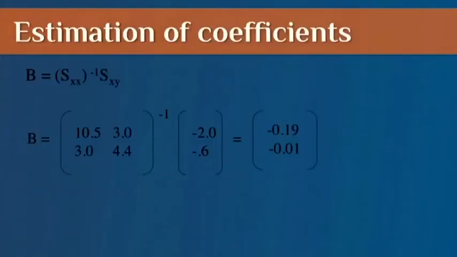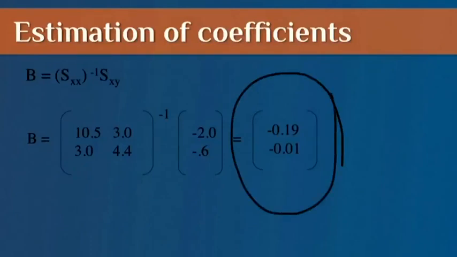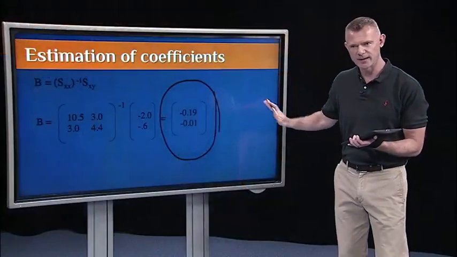Then, when I do that calculation, I get my regression coefficients. And here are the regression coefficients. There are two of them because I had two x's and one y. One of them is negative 0.19, the other is negative 0.01. To check myself, and if you want to check yourself, if you didn't trust that, I went a little fast there at the end,